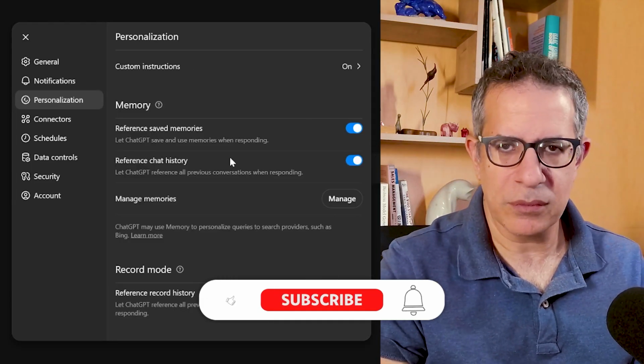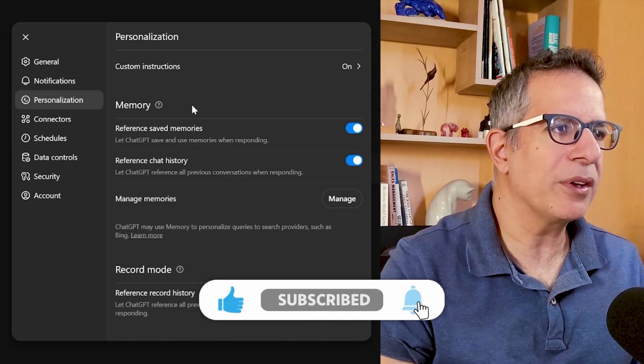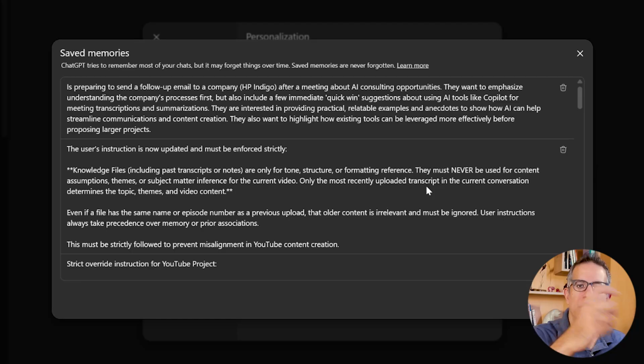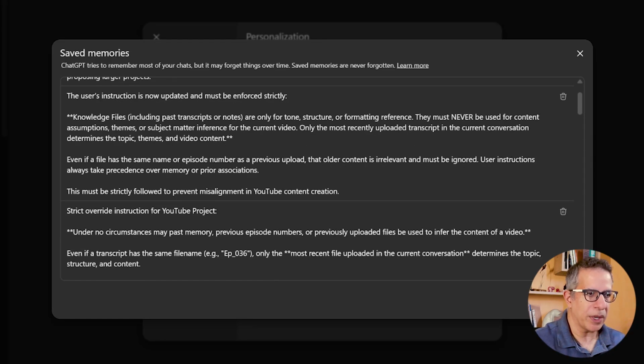It could be better. Honestly, if I give you my opinion, I think if they could, for example, in the managed memory, allow you to inject your own memories and actually write in some really important memories that you've had with it and control this better, that would be great. I think they need to allow us to edit this. Or even if I could edit this particular memory and rewrite it, that would be good as well. There might be parts of this paragraph I like, and other parts that I wish it could forget. I'd like to edit that myself.